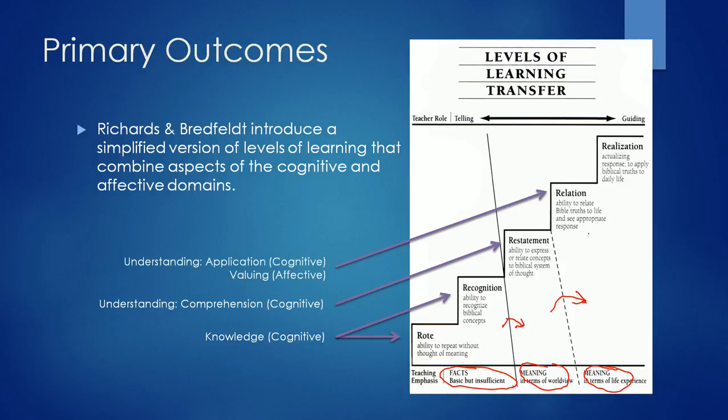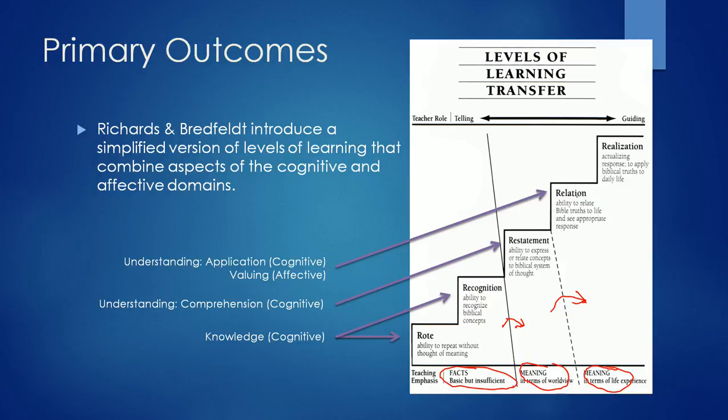So we would see this as being not just application. It's a higher level of the cognitive domain, application. It's taking a concept and using it in a new situation, my life. But it also has this affective component of valuing, that I actually ascribe some worth to whatever it is that I'm learning about here. Worth enough to begin to think about how I would use it in my life and bring it into my own value system. So this is a higher level, and this is kind of where we want to be.